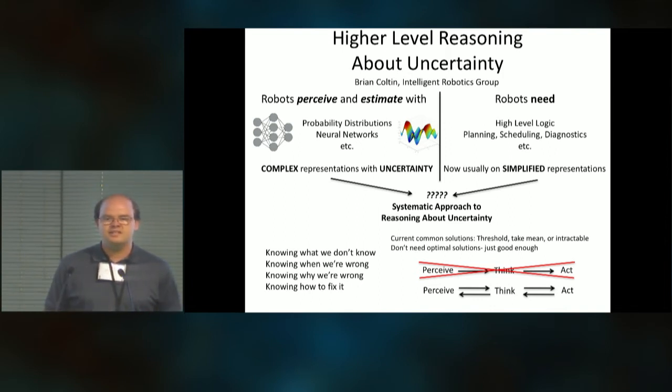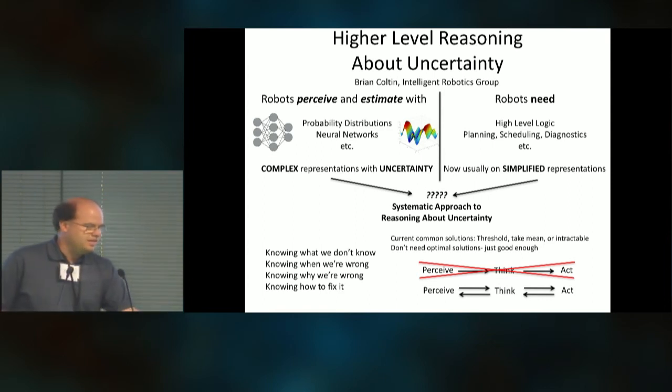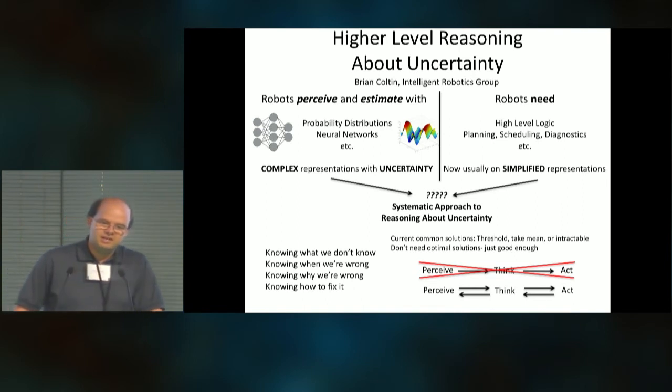And I think that part of the problem here is that we have two different communities which really need to integrate. On the one hand, we have this perception and estimation community, like Uland's work on localization, and the machine learning communities. These people may have great algorithms which are getting better and better at perceiving and sensing the world, but their outputs are probability distributions or neural networks, these very complex representations that deal with uncertainty